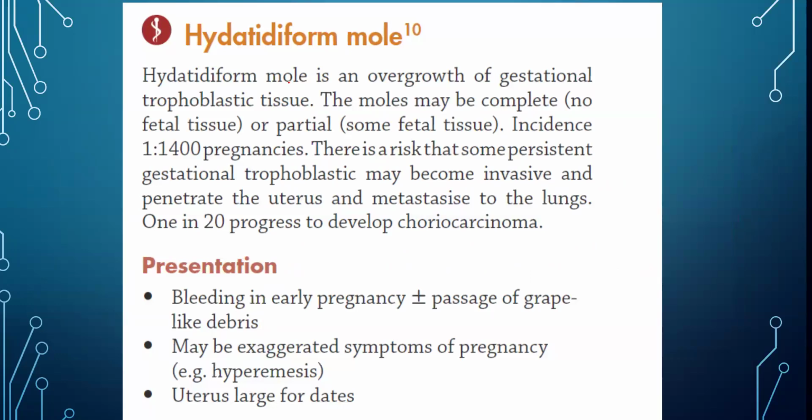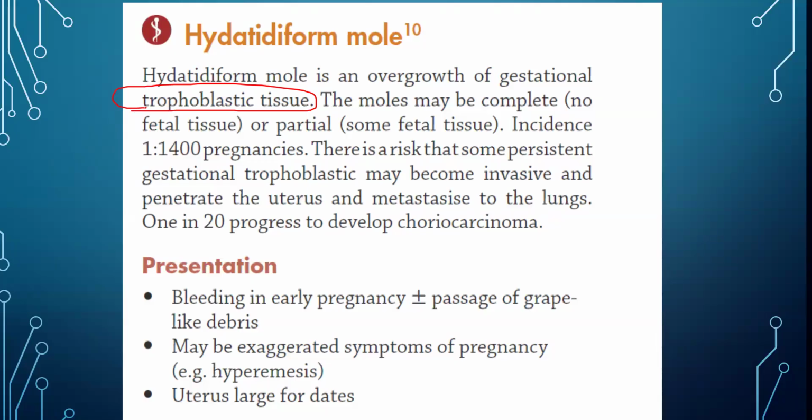So what is molar pregnancy? Molar pregnancy is also another cause of early pregnancy bleeding. So in this case, the normal embryo will be replaced by some gestational trophoblastic tissue. That's all that you really need to know about it. So molar pregnancy means that the normal embryo, which should happen between a sperm and ovum, will be replaced by some gestational trophoblastic tissue. And gestational trophoblastic tissue is definitely not a viable pregnancy or viable fetus.